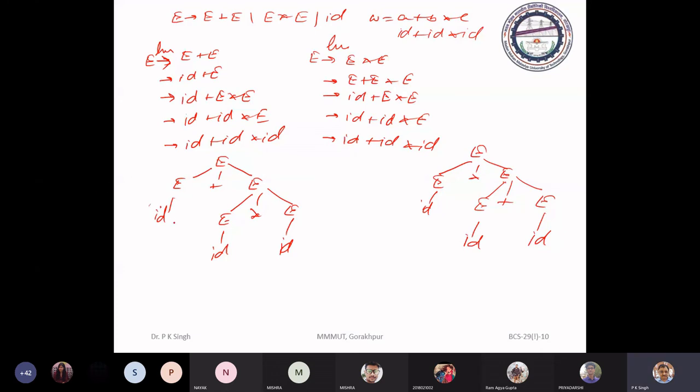Now assign the values. A equal to 2, B equal to 3 and C equal to 4.